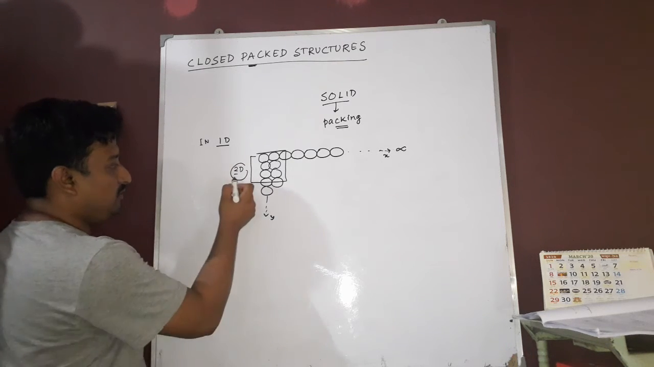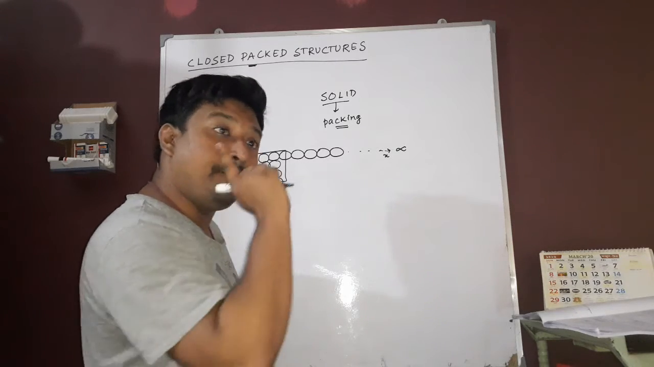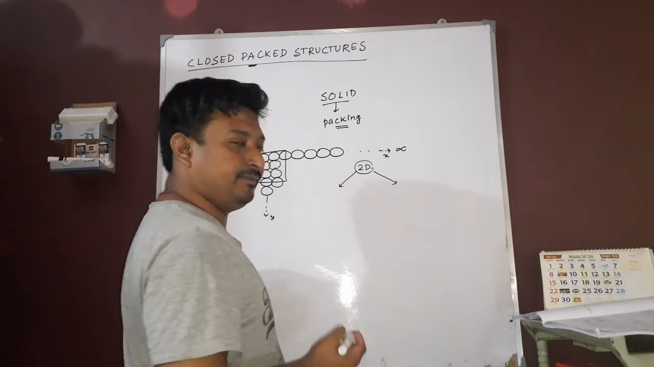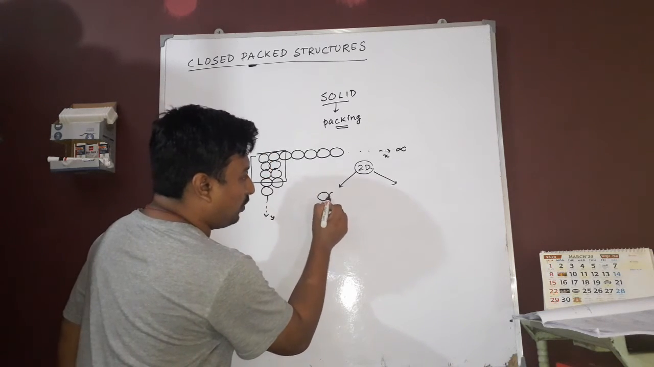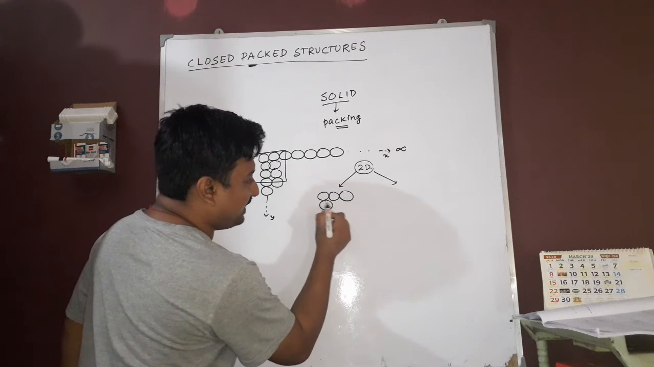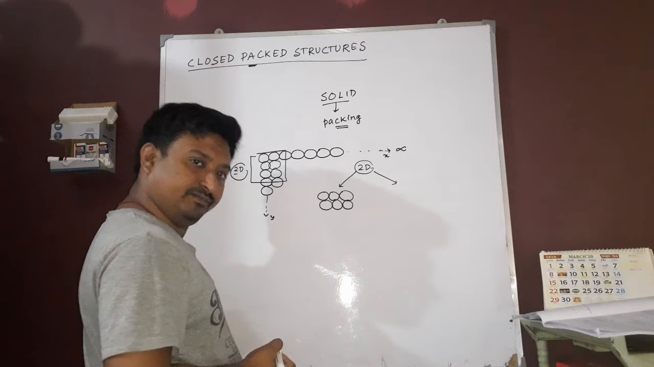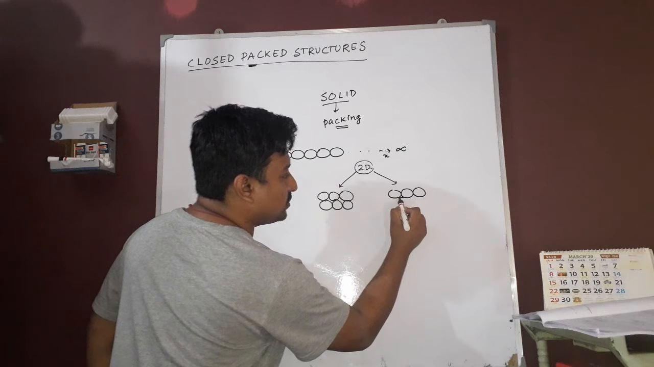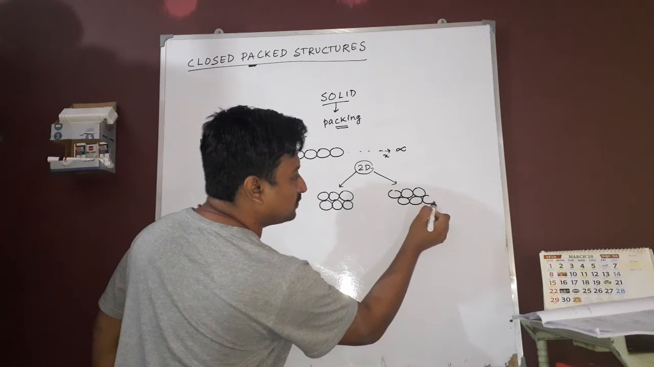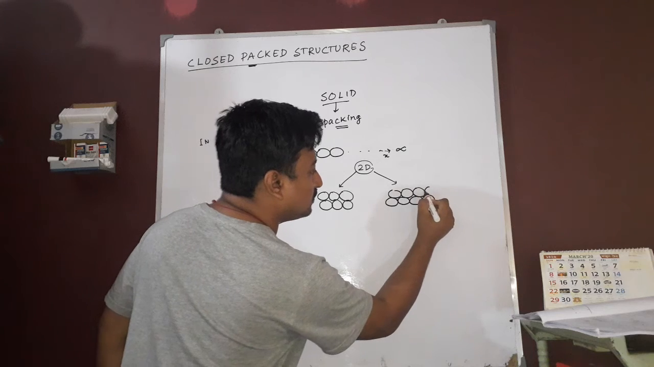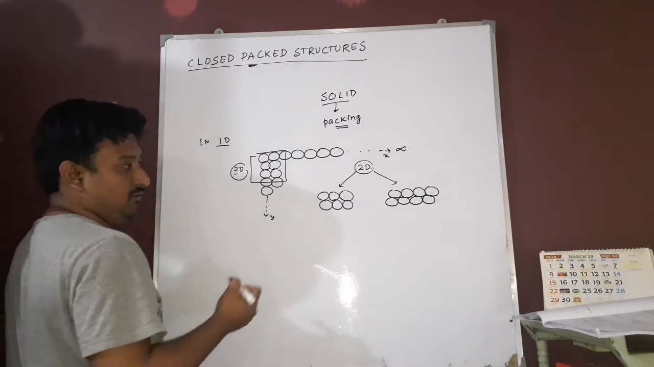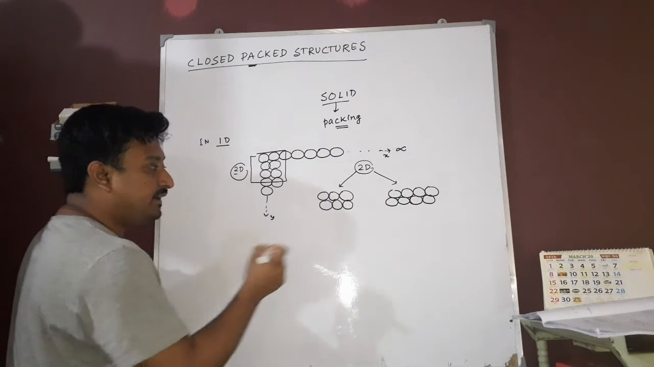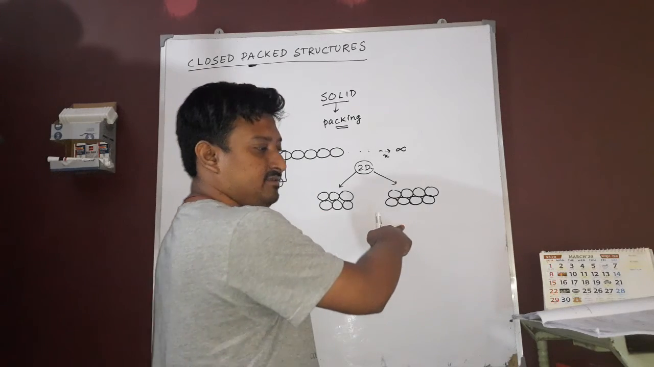In this two-dimension, two possible arrangements can happen. See very carefully. In two-dimension, two possible arrangements can happen. One, all the atoms can sit over each other, right? Or they can shift by a single position. Now, if you see very carefully, in these two cases,